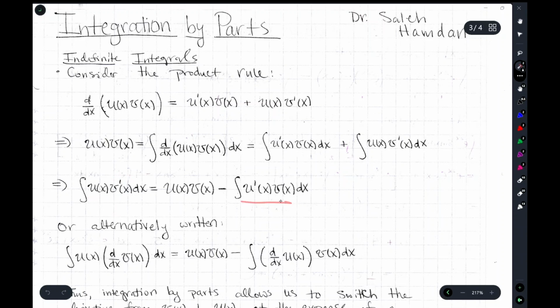So here you can see this doesn't have a derivative anymore, and now the derivative is on u. We're allowed to switch the derivative, but we have to pay a price, and that price is what's called the boundary term here,